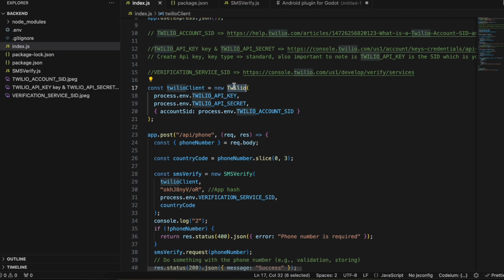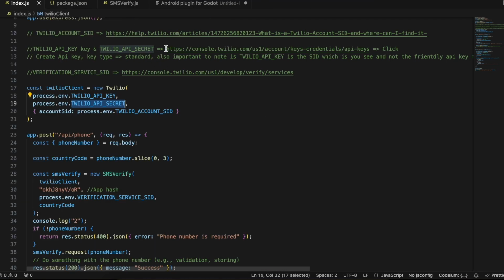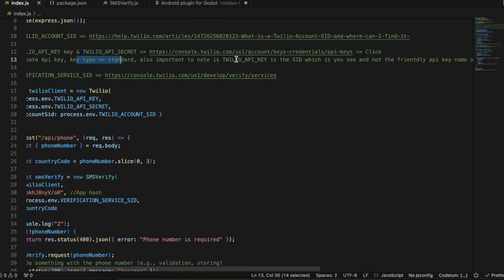So Twilio client we create. Now you require this API key as well as API secret, right? So firstly, to get the API key and API secret, you will have to go to this particular URL. You will see a button called create API key. Just click on it. Key type you can keep it as standard, and important to note is